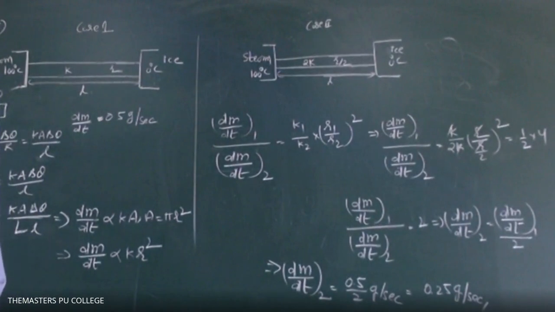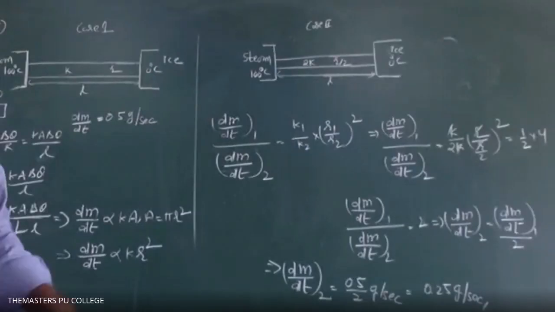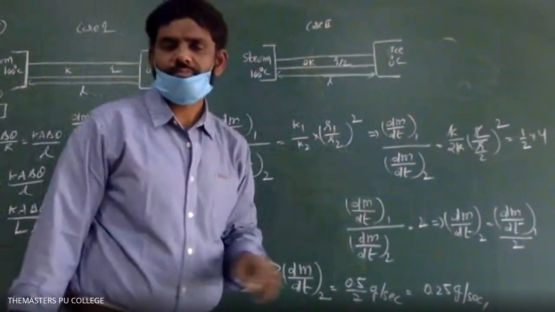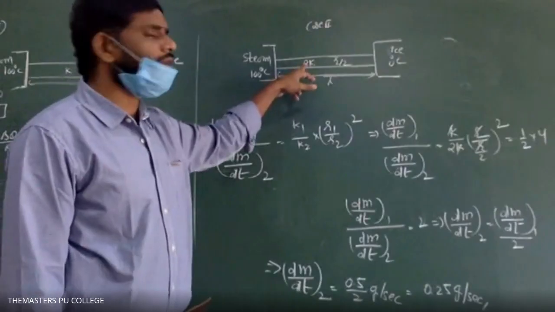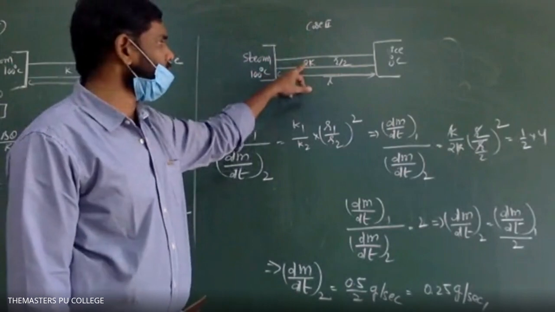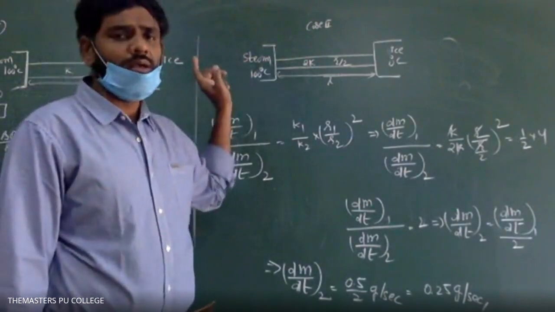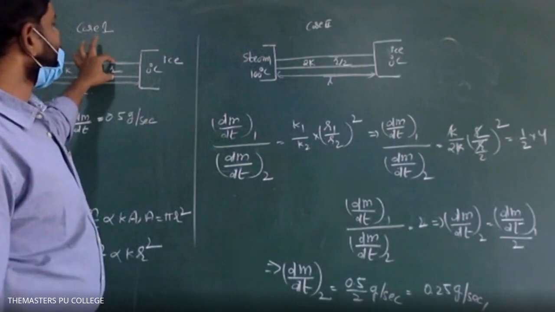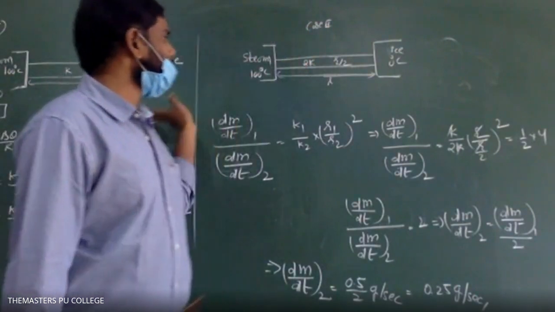Now the rod is replaced by another rod of the same length, meaning the first one is removed and the second rod is clamped, which has the same length, half the diameter and double the conductivity of the first rod. Then the rate of melting of ice. Sir, that another rod will have a different K value, no, sir? That's why double, that's why we have taken 2K. We have taken 2K according to the problem, double the conductivity. This is K, this will be 2K. And half the radius means here the radius is R, then here the radius will be R by 2, and the length L is the same.